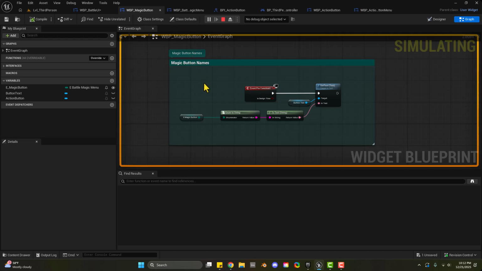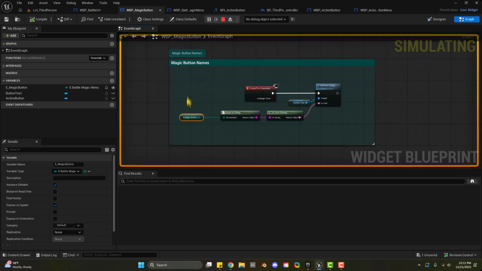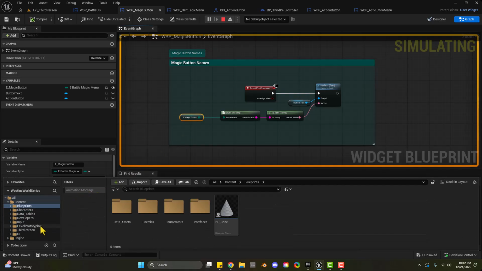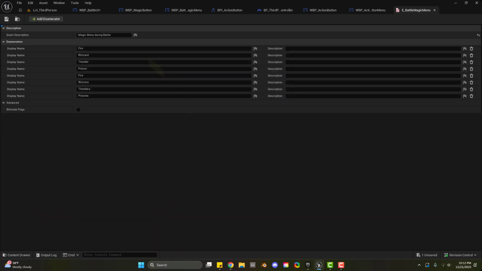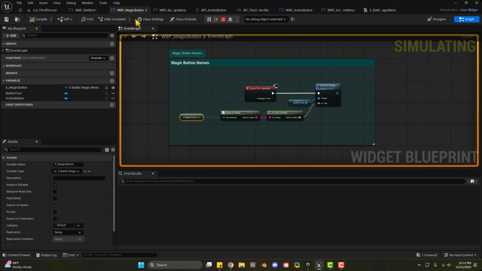And basically what this does is I had to create another enumerator. Let's go to it. I forgot about that. So let's go to our blueprints, our enum battle magic menu. So I gave all kinds of magics: fire, blizzard, thunder, poison, and then the level 2 of that. So I created a new enumerator, which is what we're seeing here. So from the enumerator,